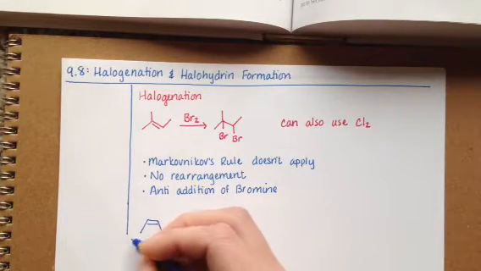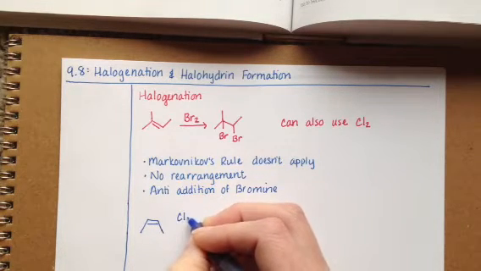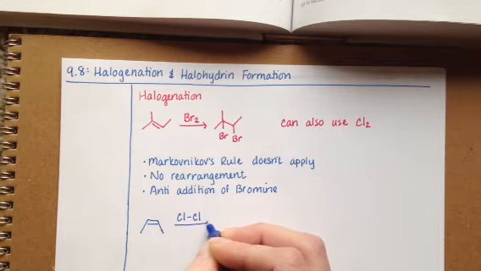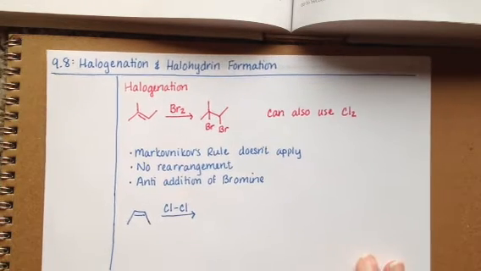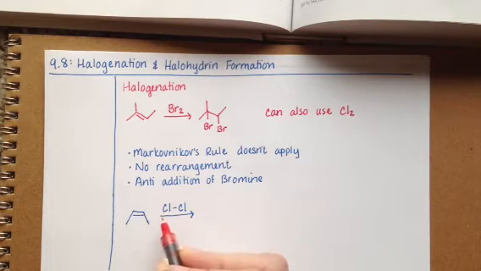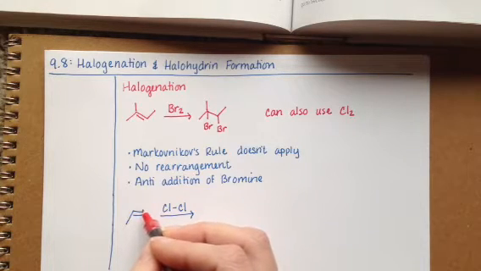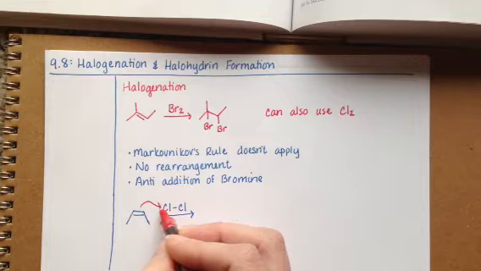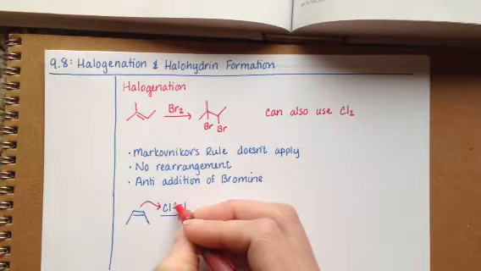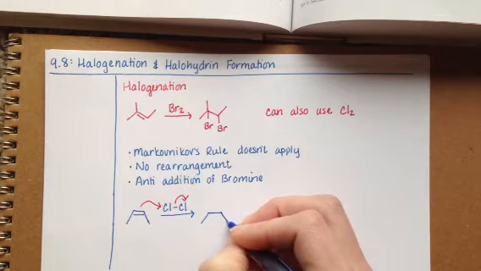So we're going to take this pretty simple alkene to use to draw the mechanism, and I'm going to draw it with a chlorine molecule because your book uses bromine, so this will give you something different. And I'm going to show the chlorine molecule drawn out with its bond because we are going to break that bond. This reaction, very much like the addition of HX or anything like that we've already seen, the double bond attacks one of the chlorine atoms in the Cl2 molecule and breaks the chlorine-chlorine bond, and that forms an intermediate,